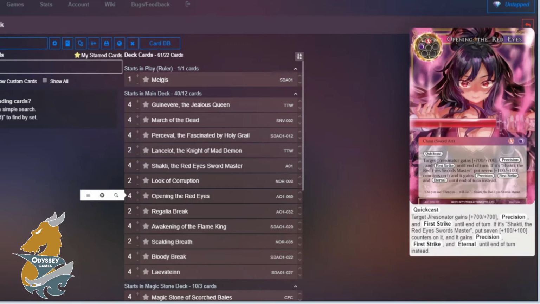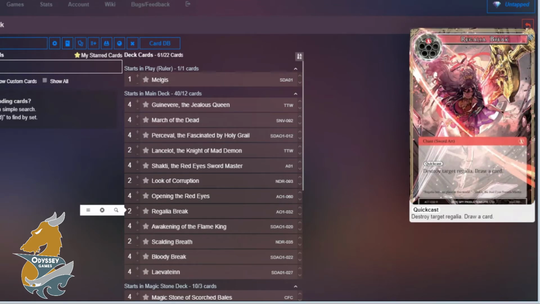4 Opening the Red Eyes. I think this card honestly comes down to 3 or 2 copies. There's a lot of instant speed removal in the format that just gets played in response to this card, but I do think that it has the potential to just allow you to win the game very quickly if you find that opening. 2 copies of Regalia Break, because it's a sword art, so it's easy to make use of,